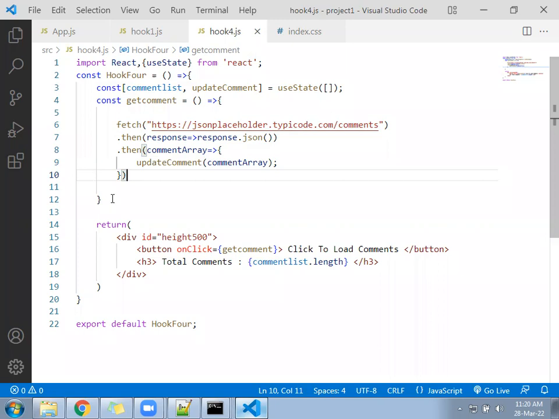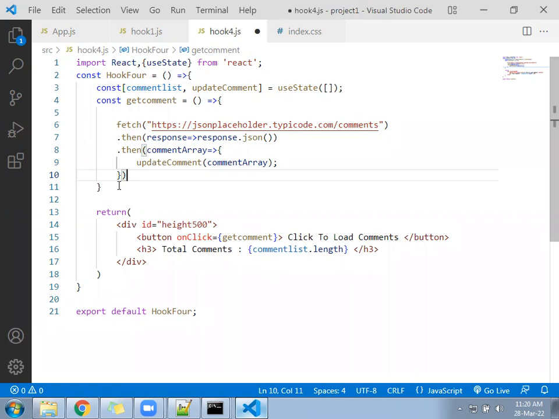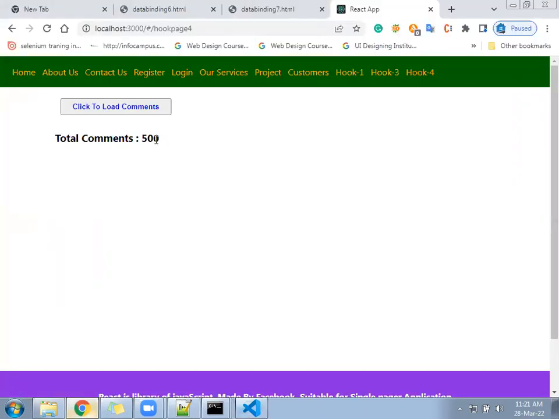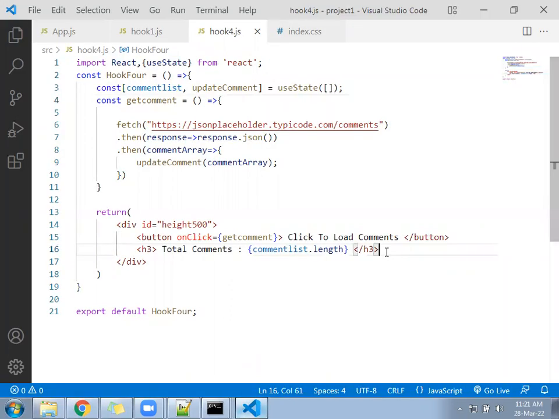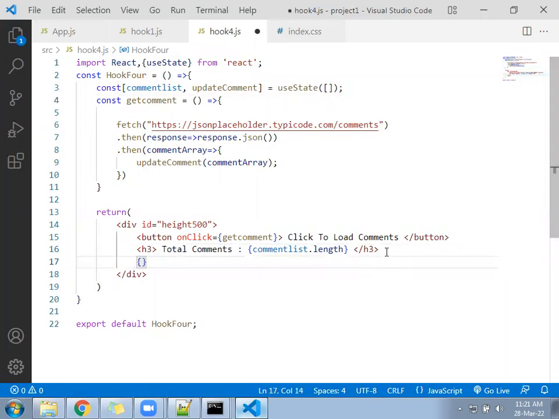Ready? Now check, the length is increasing on button click. As soon as we click on the button, the comment count will increase to how much? 500. Now here go and display the list of comments in a paragraph. So if you open this URL,